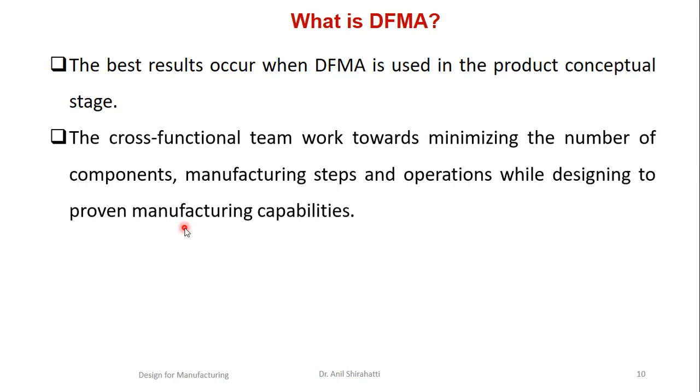So what will happen? They can immediately tell you, okay, this design may take more time for production, or more cost is there, or I have to make more jigs and fixtures, or if it is possible to make small changes like this, my cost for production or time will get reduced. So immediately a designer, if he is happy from the feature point of view or functional point of view, he can make the changes immediately.